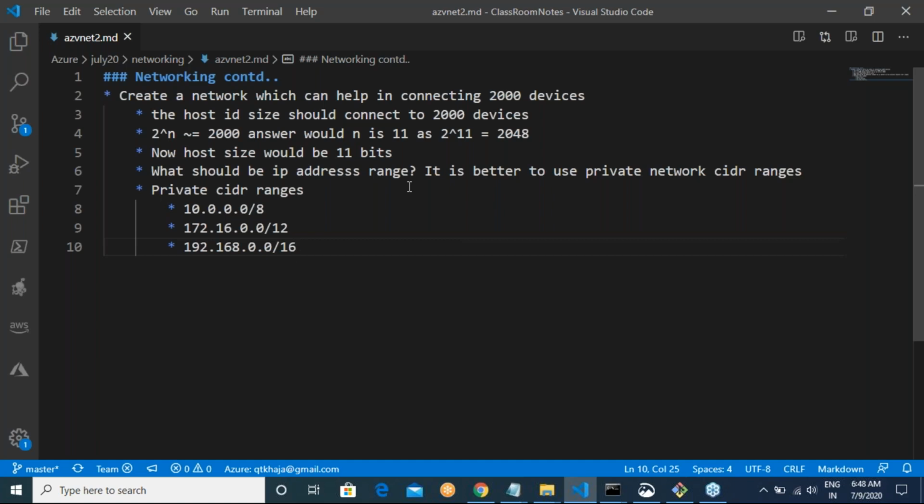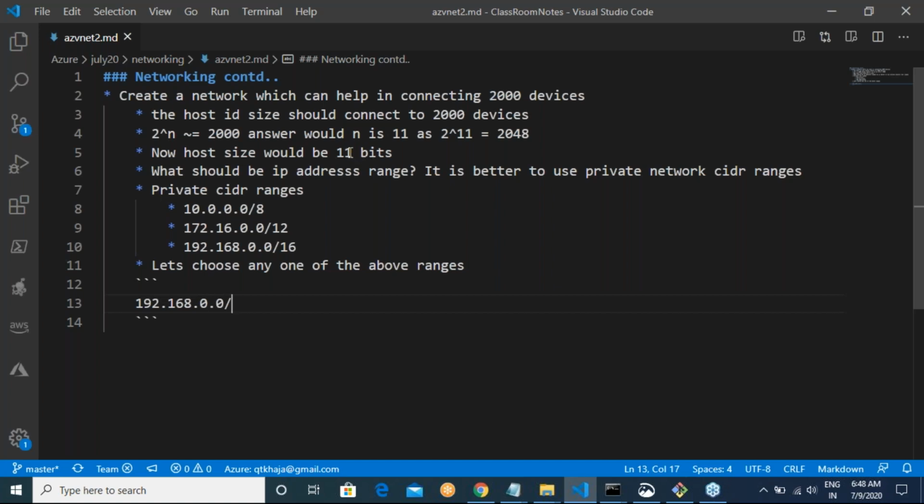So let's choose any one of the above ranges. Let me choose 192.168. So my IP address range would be 192.168.0.0 slash.